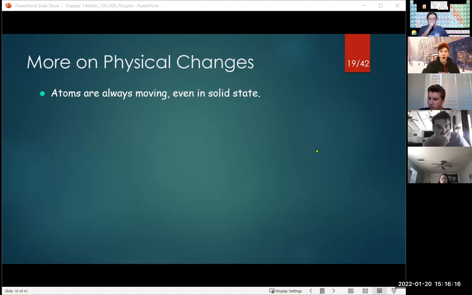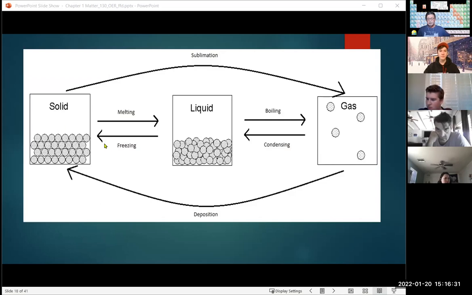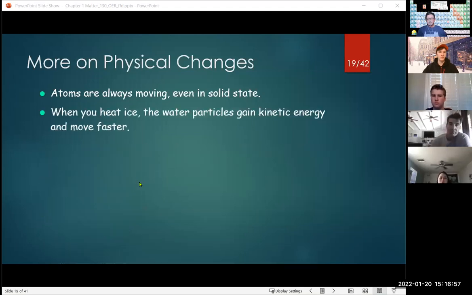All right, so atoms are always moving. They're always moving, even in a solid state. We might tend to think that as they sit there in a solid state right here in the far left, that they're quiet, but they're actually constantly vibrating. And in the liquid phase, they're going to vibrate a lot more, and compared to the gas, because as far as energy state, the gas phase is very high in energy compared to the liquid and the solid state. But atoms are always moving, even in a solid state.